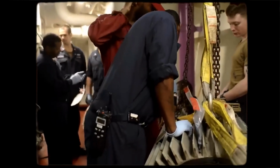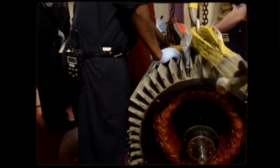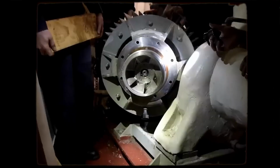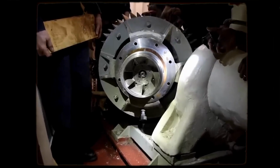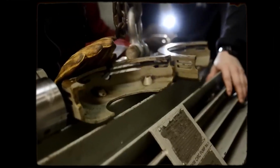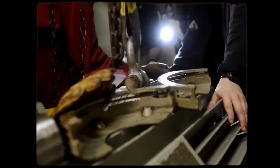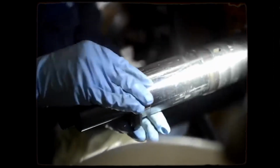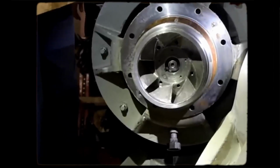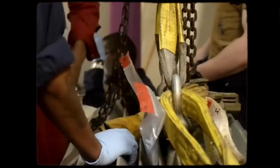Following the explosion, the crew swiftly initiated damage control protocols, meticulously scouring the vessel for any indications of potential flooding or fires. They carefully inspected both combat and ship systems, diligently ensuring that any components that may have been compromised or rendered temporarily inoperative are promptly restored to full functionality. This process served to maintain the operational readiness of the ship and uphold its combat effectiveness in the face of